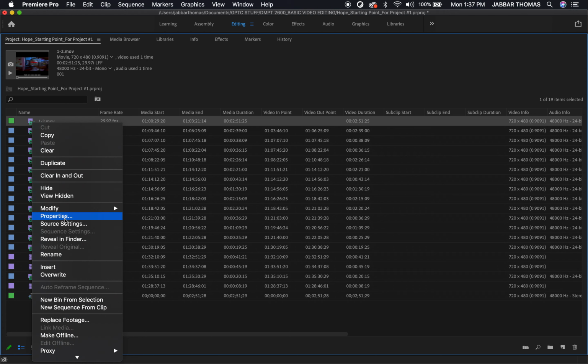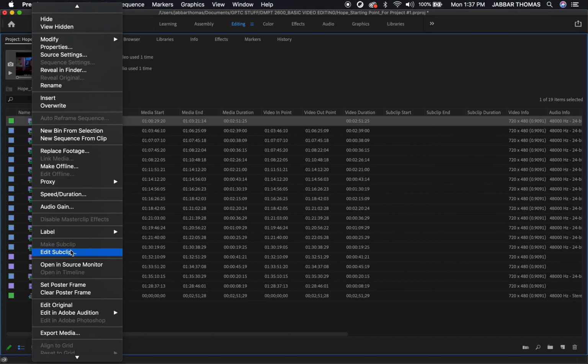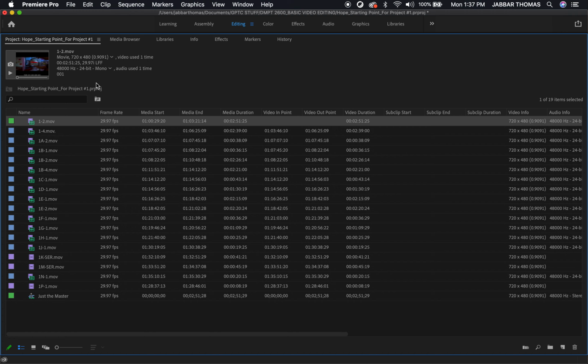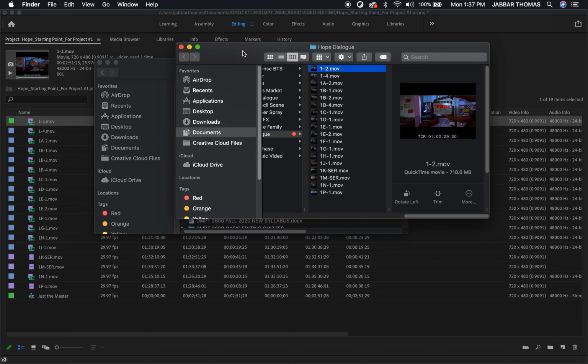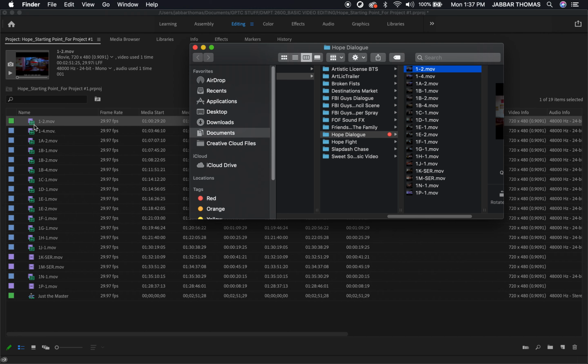I can go down to Reveal in Finder. Let's go up to Reveal in Finder, and that'll show you where this clip is located outside of Premiere. So I see I have the source clip inside of Premiere in the project panel, and I have the actual media that was shot, the 1-2.mov that was shot, that is outside of Premiere on the hard drive in the